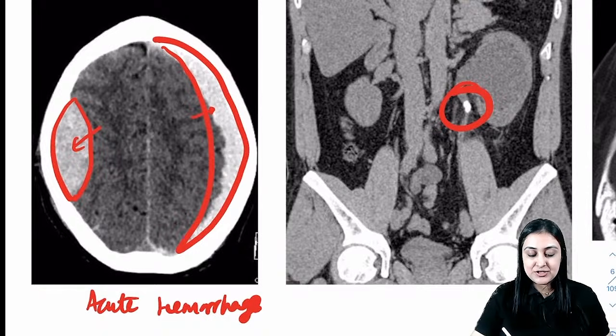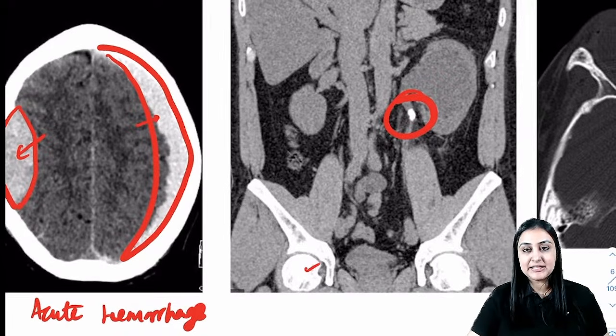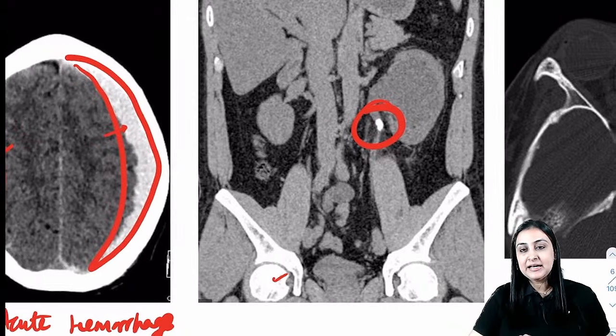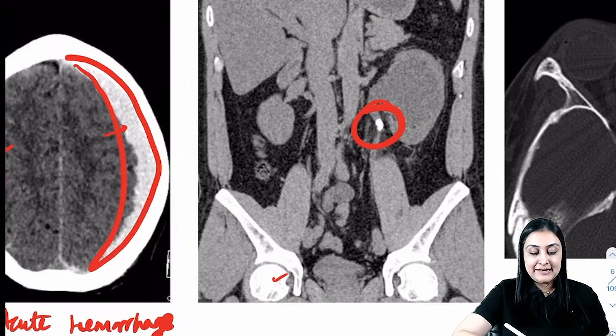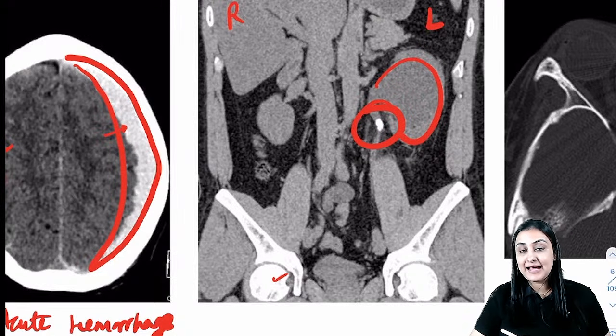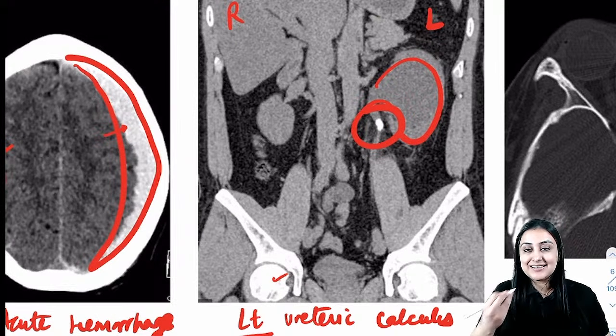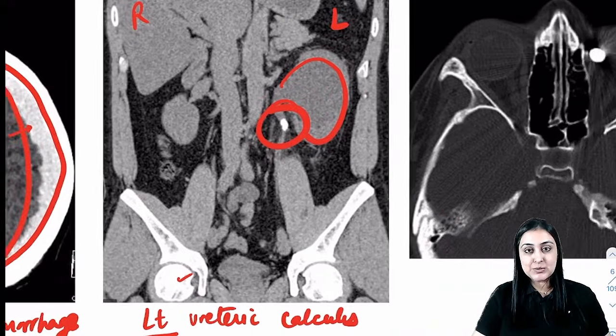On the other hand, look here. This is a CT scan, bones are white, ऐसे पता चला CT है, coronal CT of the abdomen. Can you see within the ureter? Which side, right or left? Come on, tell me. This is left side or right side? Which kidney has a problem here? This is left, है ना? So this is gonna be right, this is gonna be left. So on the left kidney, we can see it is dilated. There is hydronephrosis. Why hydronephrosis? Because there is a white calculus. There is a ureteric calculus that I am seeing on the left side. So again, investigation of choice for ureteric, renal, salivary calculi, non-contrast CT, because it will appear white,